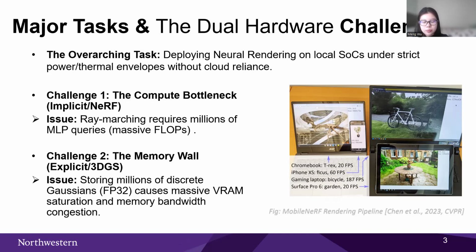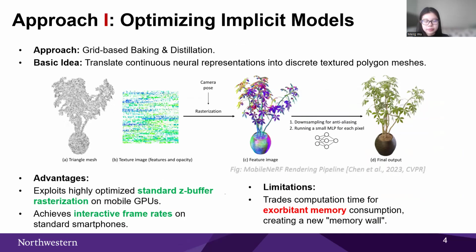Let's explore the typical approaches within each. The first major task is compressing implicit models. The fundamental difficulty here is reducing the reliance on massive MLP queries without losing image quality. A highly effective approach is grid-based baking. A representative method here is MobileNeRF, published by Chen et al. at CVPR 2023. The basic idea of MobileNeRF is to translate the continuous neural representation into a discrete set